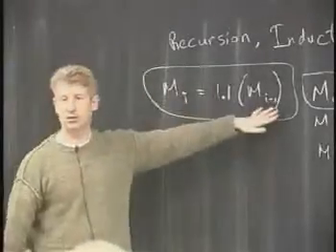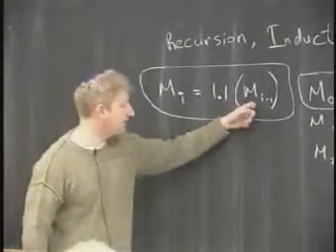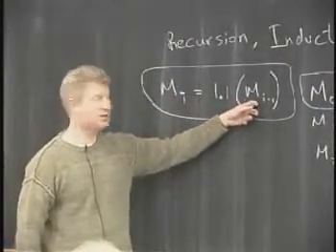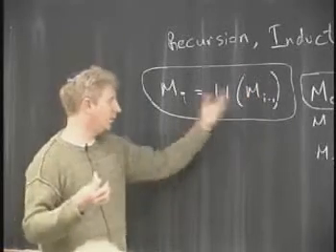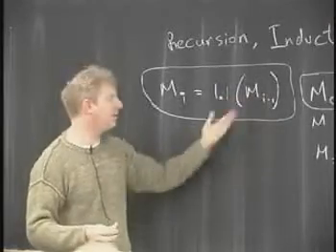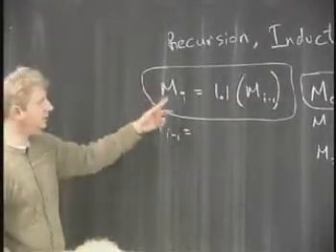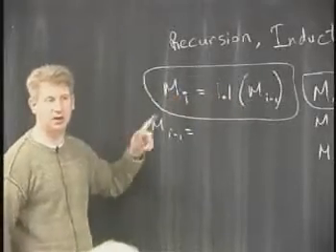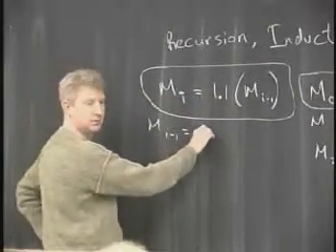We know that this relationship is true. So what we want to do is get rid of this m on this side and just get something like an i squared, something with a formula there. So if we want to get rid of this, we'll just figure out what it equals and substitute for it. Well, what does m of i minus 1 equal? The good thing about a recurrence equation is that it tells us what m of anything equals. m of i equals 1.1 m of i minus 1, so m of i minus 1 equals